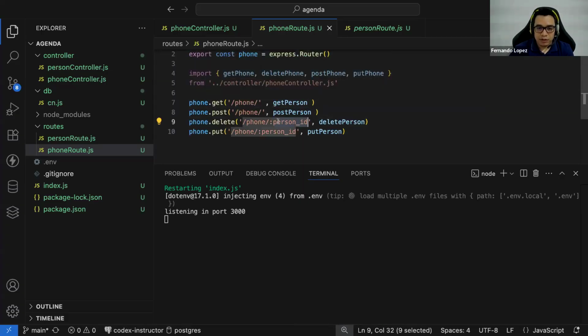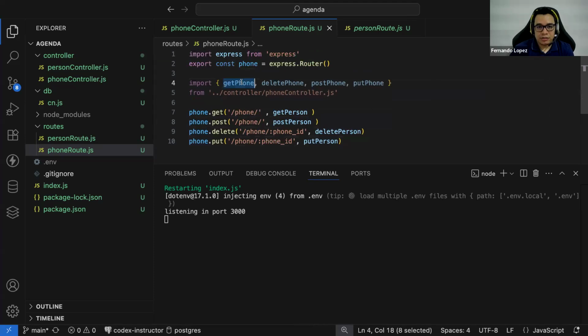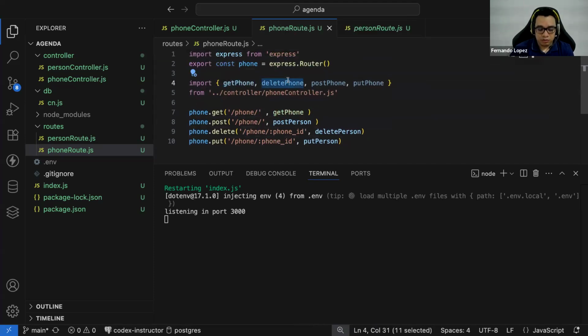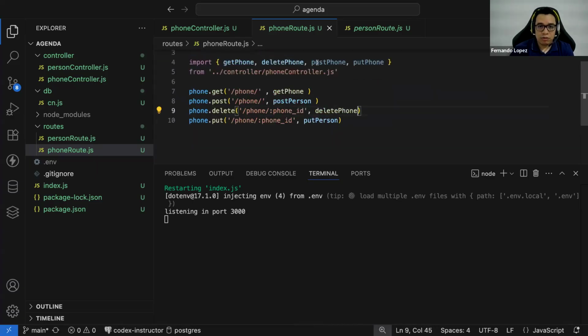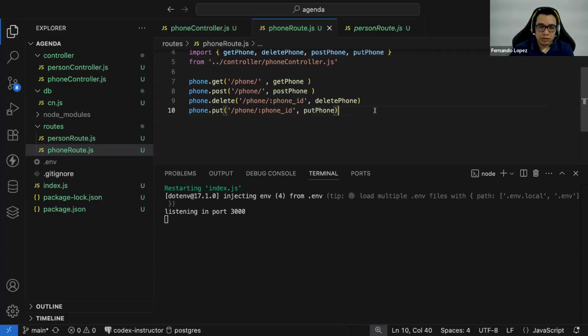And here it will be the phone ID. Now I need to set up the functions. Get phone, delete phone, post phone, and put phone. Does this make sense?